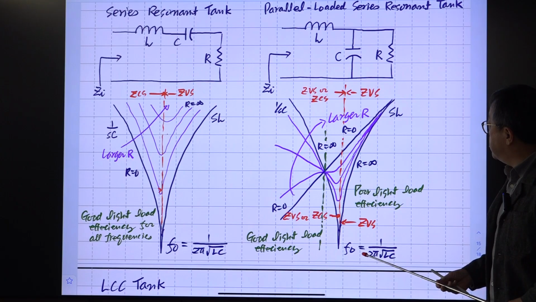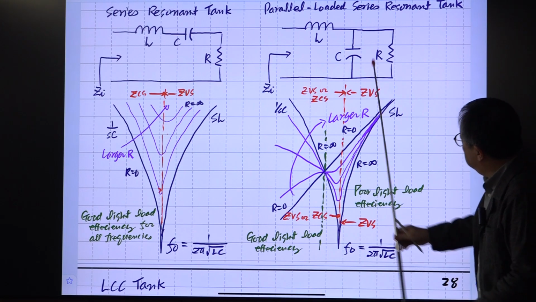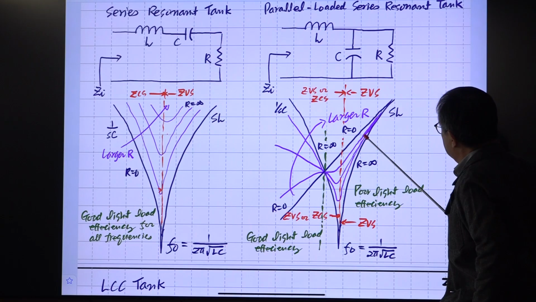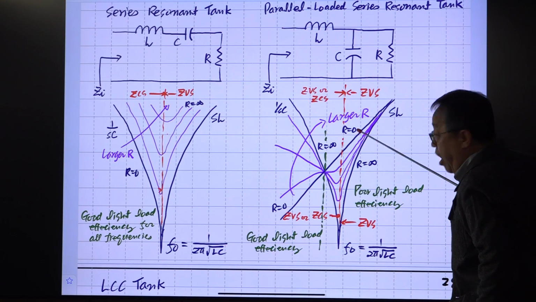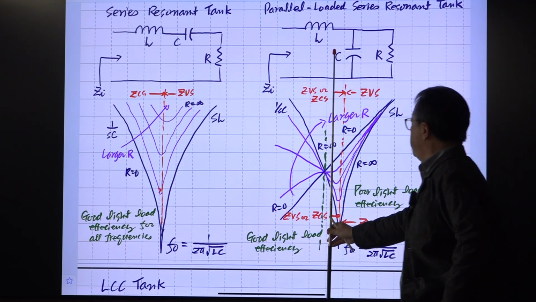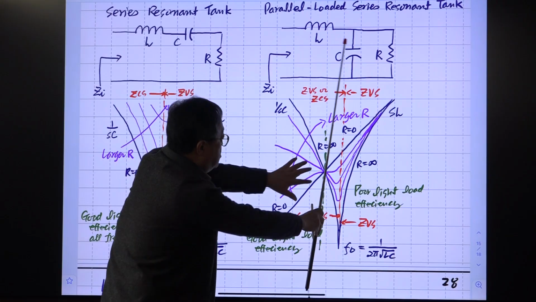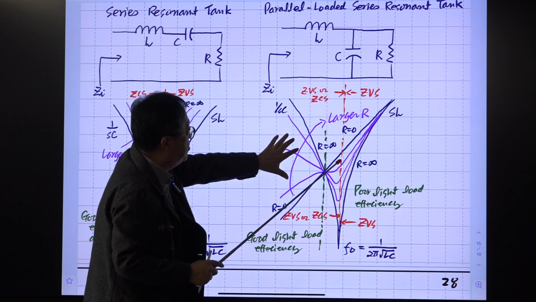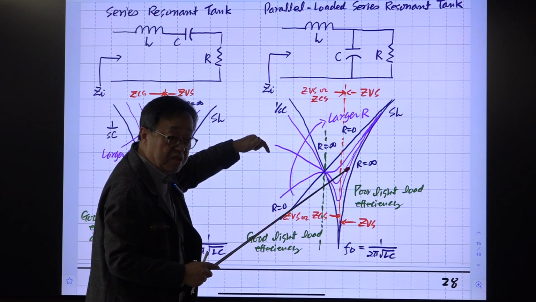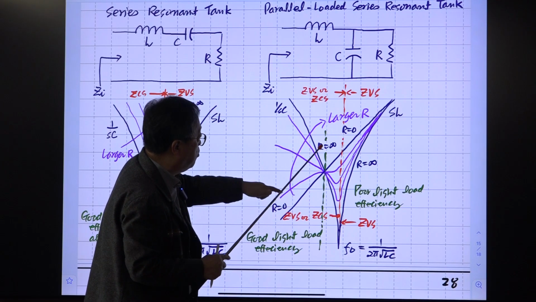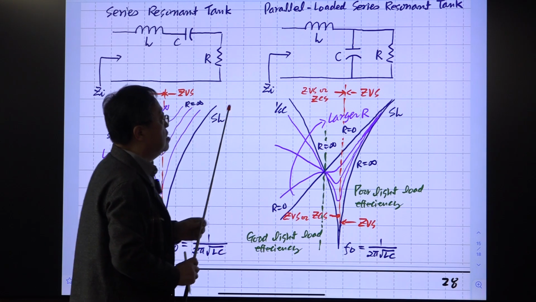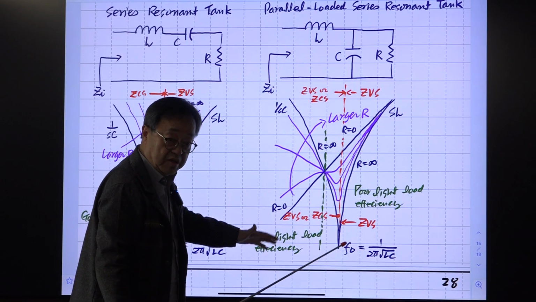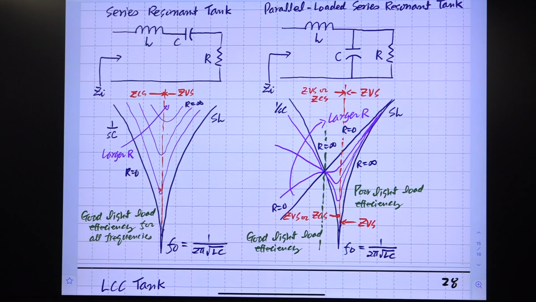So how about the line node efficiency? This is the borderline for the line node efficiency. In this region, the magnitude of this Ri is inversely proportional to R. So the line node efficiency will be very poor. And in this area, if R increases, then this input impedance is increasing, i.e. the tank current is decreasing. So the magnitude of Ri is proportional to this R. So this is the region for good line node efficiency, right? So there are two simple examples.